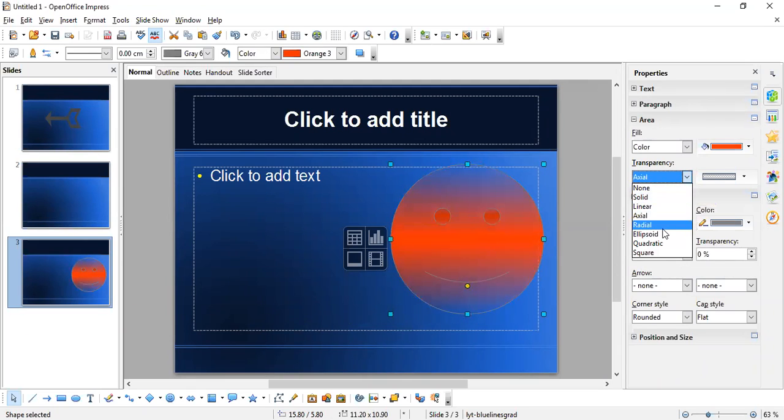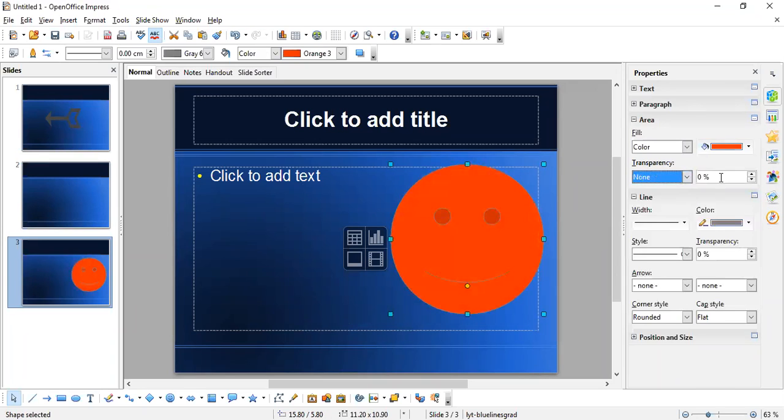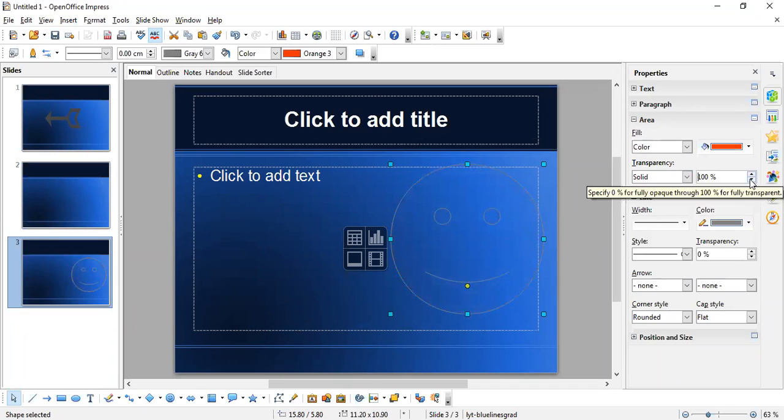Axial, radial, ellipsoid, right? And then you can change the transparency, like this is 0%. You want to make a bit transparent, so it will be a bit transparent. If you see, this is 100% transparent, this is 70%, 50%, right? From here we can change